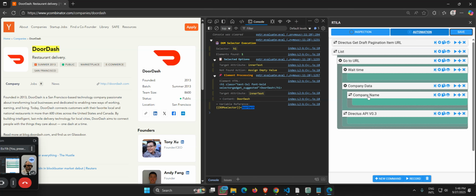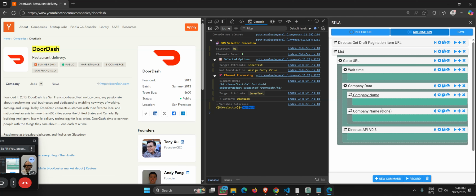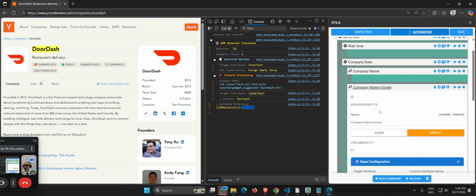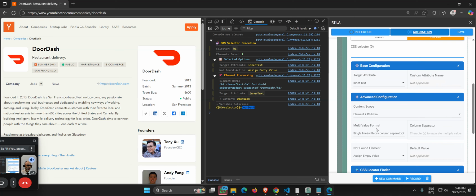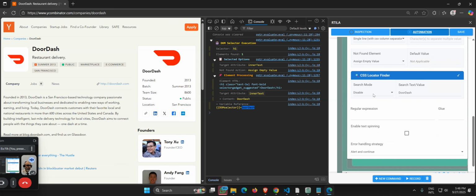So let's now duplicate it. Here I duplicate it, and now I'm gonna use it. I'm gonna catch the website URL, this one. So let's call it website URL, and I'm not gonna use the RTILA CSS selector. I'm going to use first the finder. I enable the finder, and instead of DoorDash, I'm looking at HTTP this thing. So I want